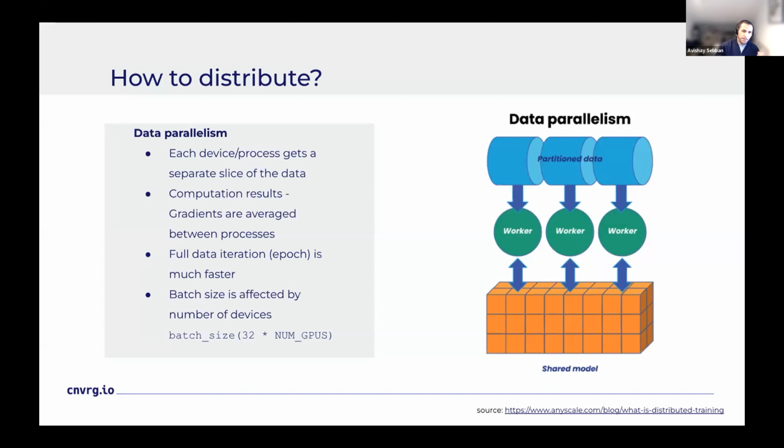By parallelizing the computation across multiple devices or processes, data parallelism allows for faster training and the ability to work with larger data sets. Additionally, the batch size used during the training is affected by the number of devices or processes, and is typically divided equally among the devices or processes.